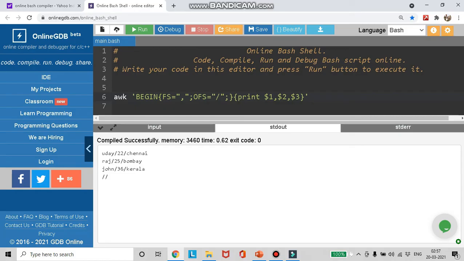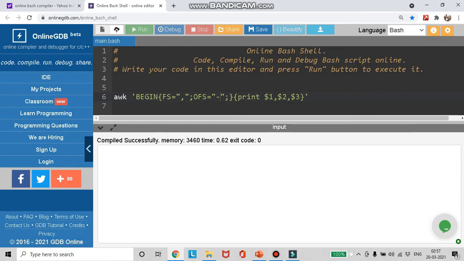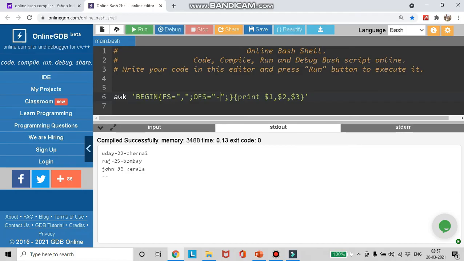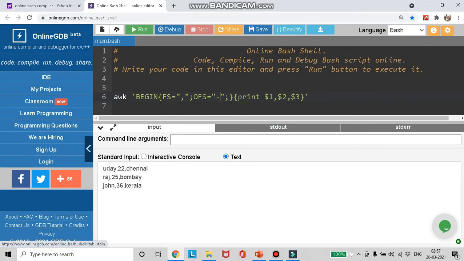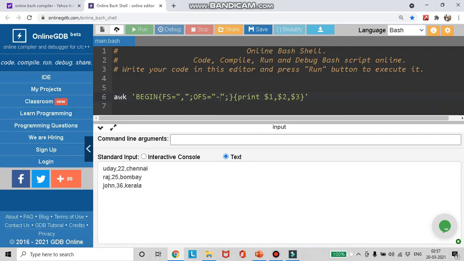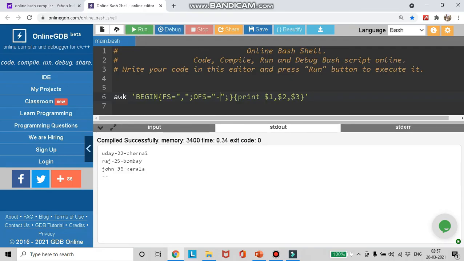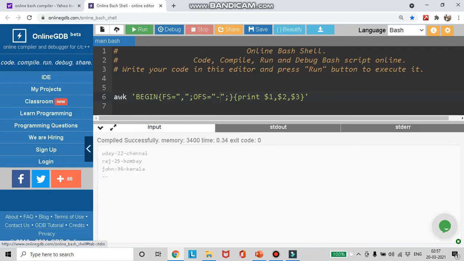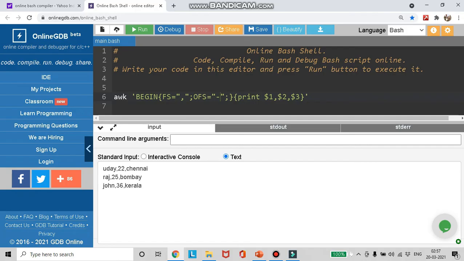Now instead of this, let me use the hyphen and try again. So this is how the output field separator works.